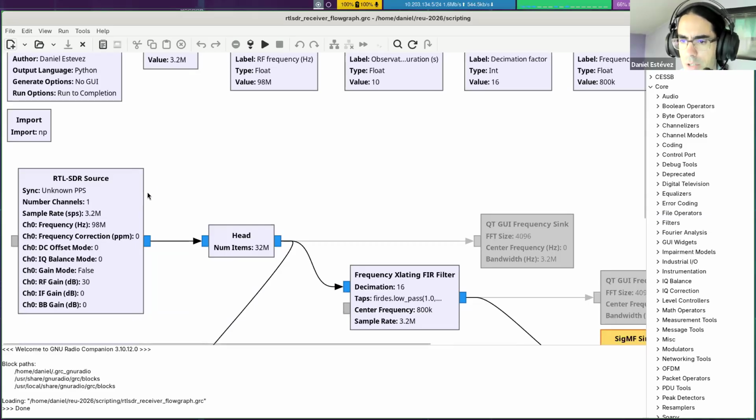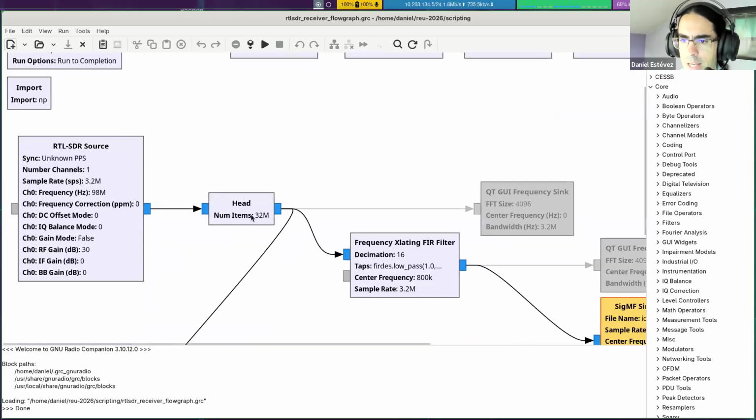So we have the RTL SDR source. And then there is this head block, which is new, and it does something really simple. It lets some number of samples go through, in this case 32 million. We will look at where this number comes from. So it's going to let the first 32 million samples pass through, and then it stops. And when it stops, if there's nothing else doing work in the flow graph, it's finished and it